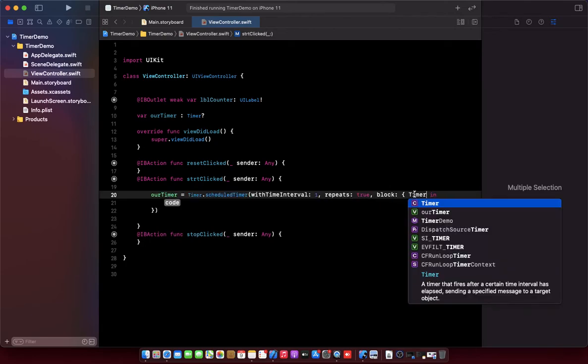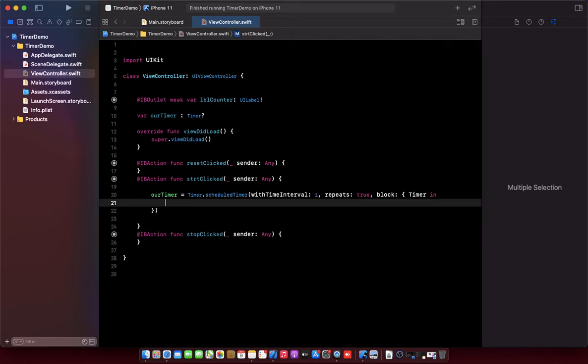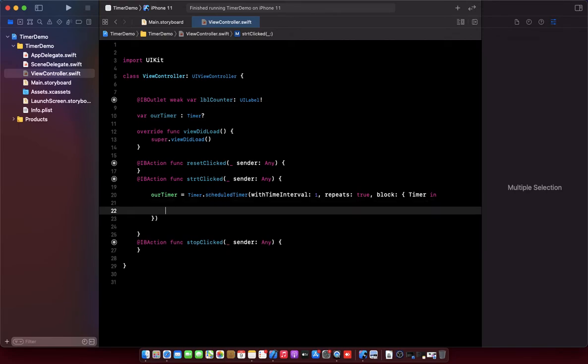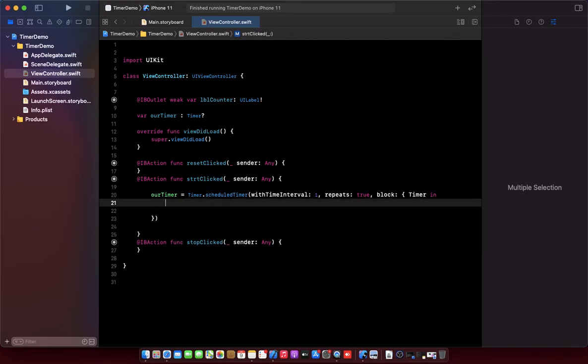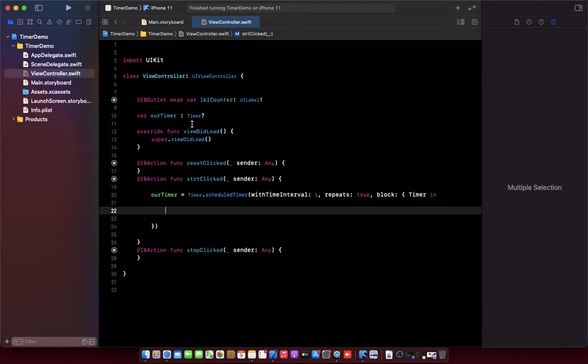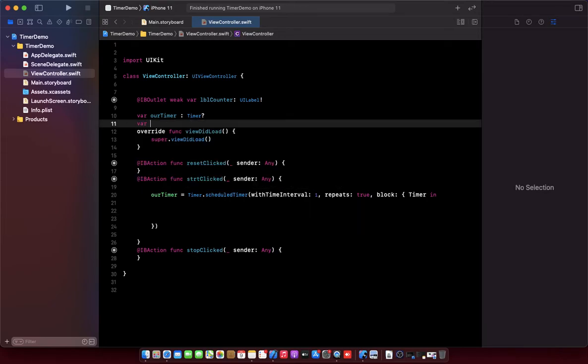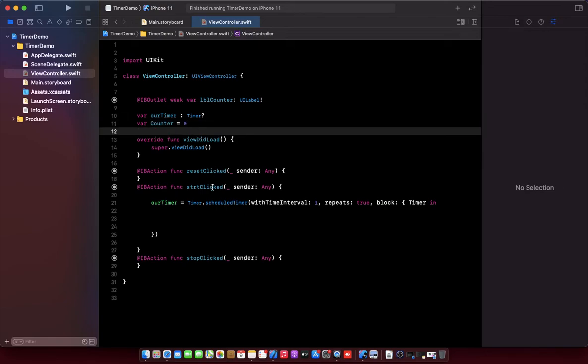Okay, let's write our code here. What we want to do when the timer repeats itself. First we need to define a variable for getting the counter and initialize it with 0.